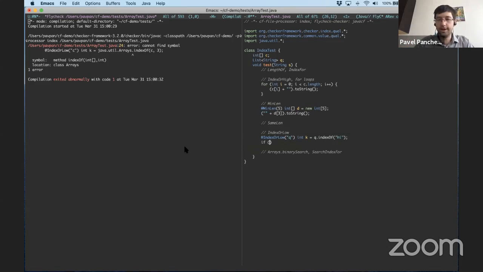Well, naturally you can say if k is bigger than or equal to 0, q.get(k), okay. There we go. So what we can do with an index or low is we can explicitly check, is it actually a valid index? And again, the checker framework here is applying a refinement to know that in this branch, it is actually an index for q, k.